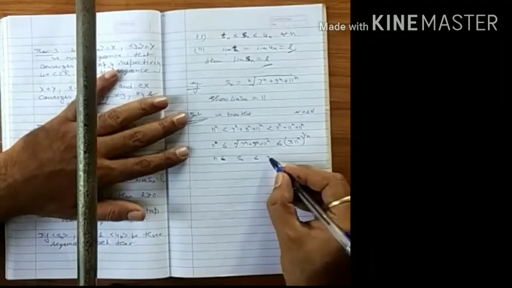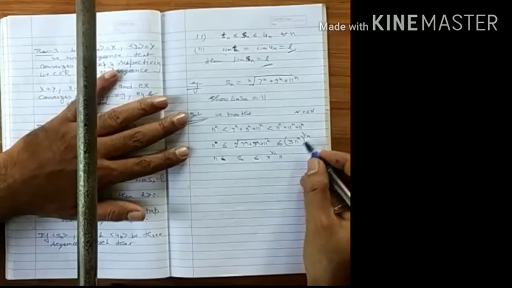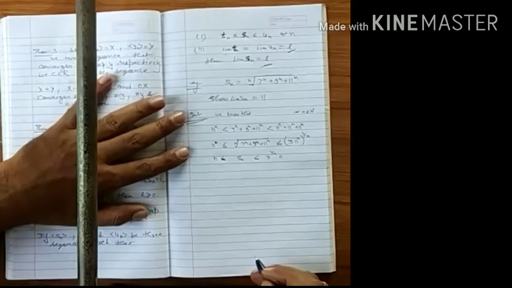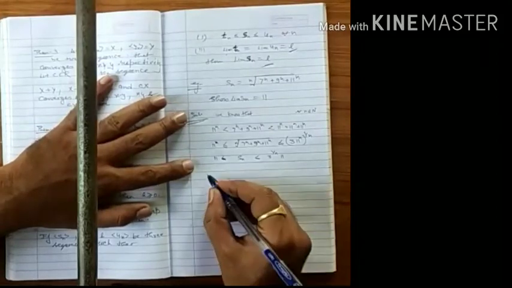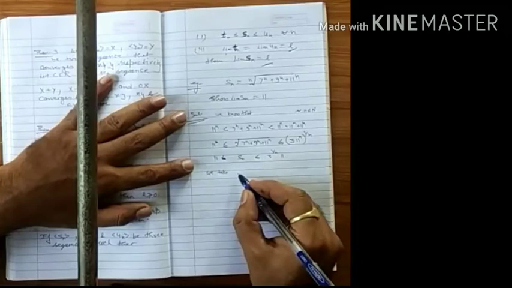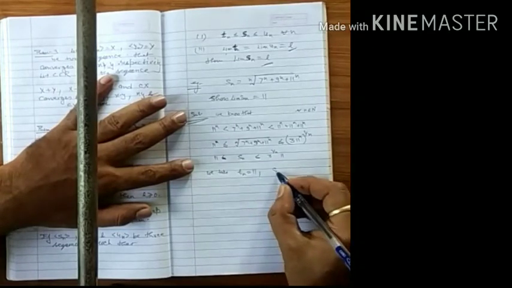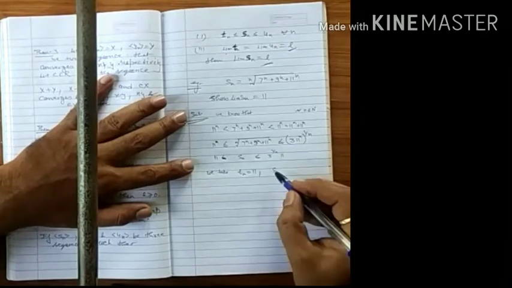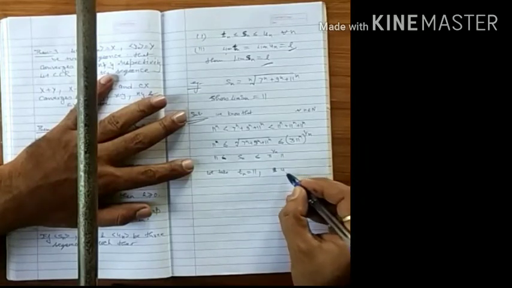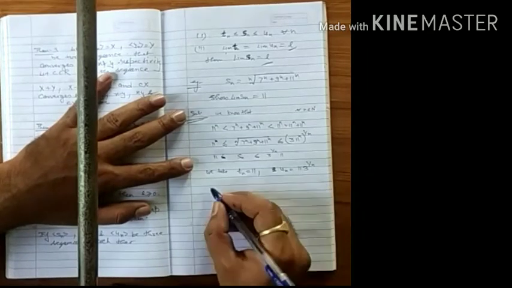And this is 3 raised to the power 1 by n, and 11 to the power n to the 1 by n cancels to 11. So suppose Tn is 11, and Sn is Sn, and this is Un. Suppose Un is 11 into 3 raised to the power 1 by n, and taking limit,